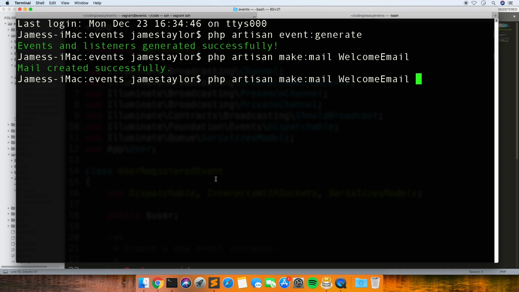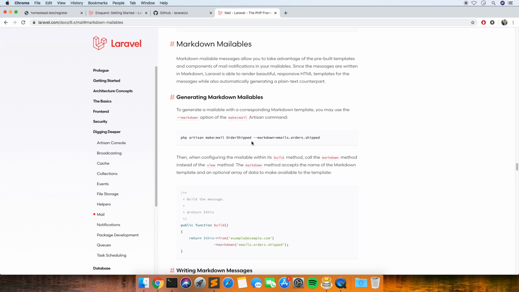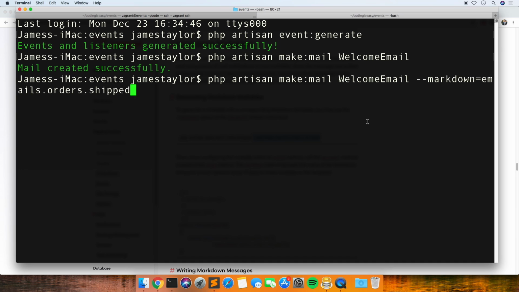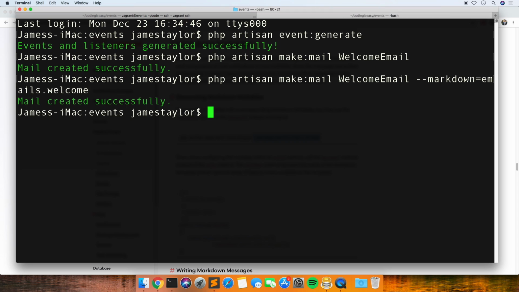And then what was the flag? So just by adding this markdown on the end, you can define a view where you're going to do your markdown. So I'm just going to do it in emails and welcome.